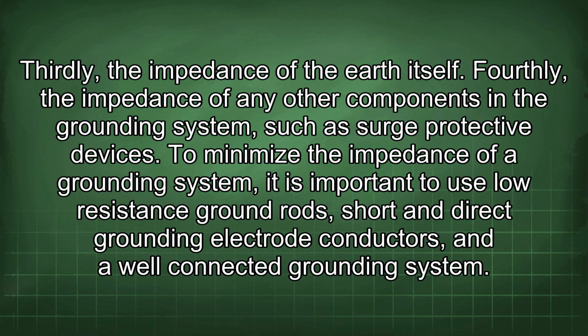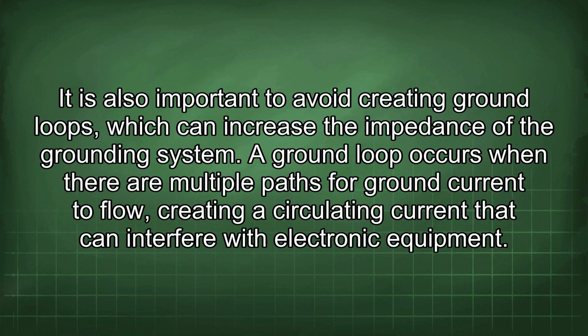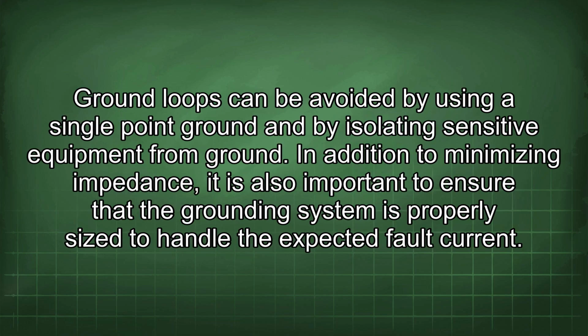To minimize the impedance of a grounding system, it is important to use low resistance ground rods, short and direct grounding electrode conductors, and a well-connected grounding system. It is also important to avoid creating ground loops, which can increase the impedance of the grounding system. A ground loop occurs when there are multiple paths for ground current to flow, creating a circulating current that can interfere with electronic equipment. Ground loops can be avoided by using a single point ground and by isolating sensitive equipment